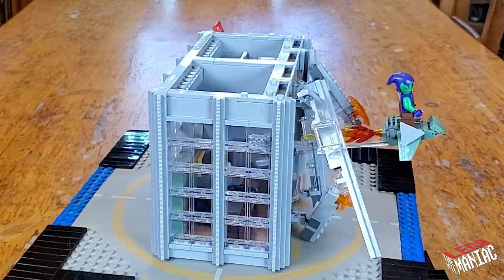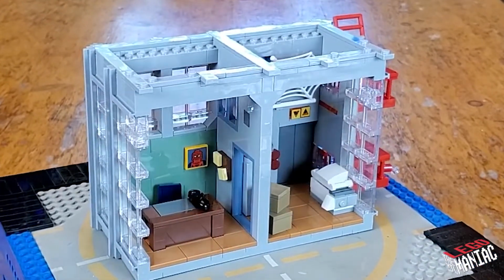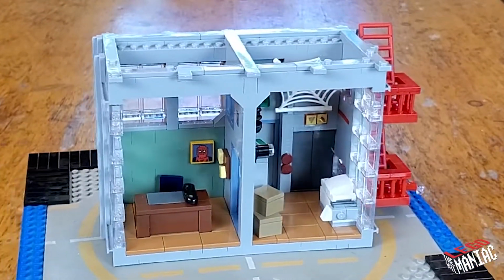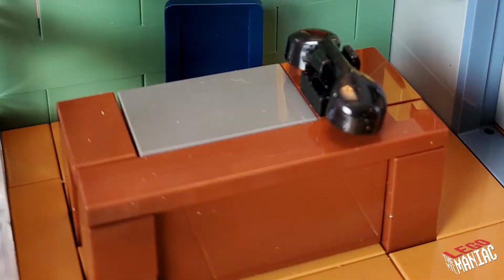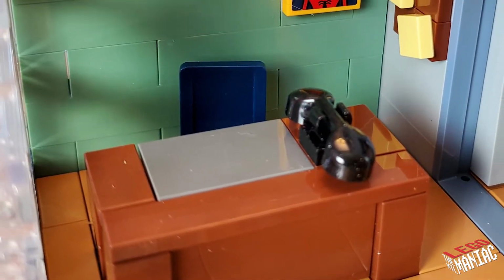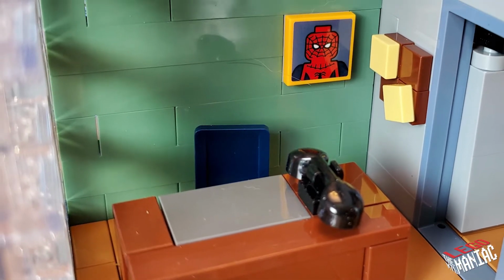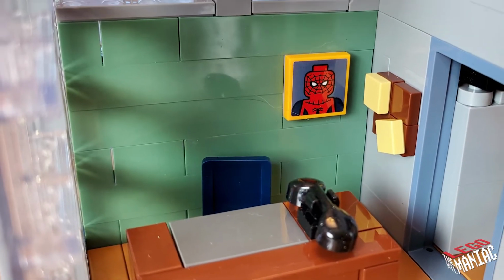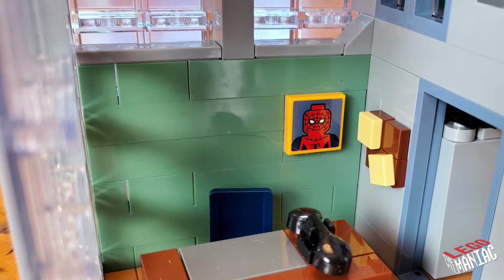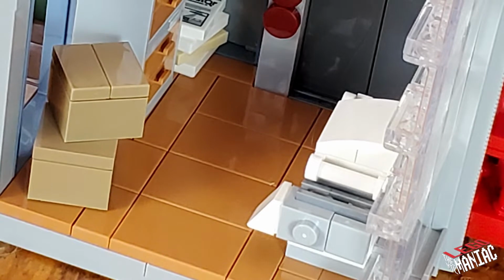And bringing it back around to the front, just like the floor below, we can remove the entire front facade, exposing the interior. Within, we have one little office space and the copy room. The office is pretty basic, having a desk with telephone, no computer, a little board on the wall with some sticky notes, Spider-Man's photo up on the wall, a wall which, by the way, is blocking most of the windows, not sure why they built that there,